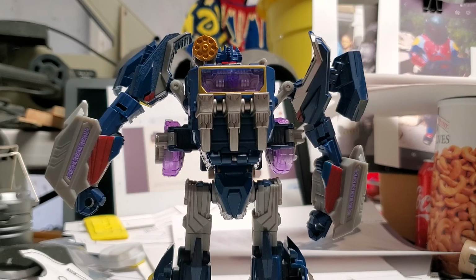Now this show is pretty self-explanatory. I take a look at a sound wave or a series of sound waves on a Sunday once a month, and this is going to be the look at the figures that I have, at least, of the aligned continuity sound waves. And that's about 4 figures, so this should be a pretty good length of video. Obviously I'm not going to do a full review on these guys. I'm just pretty much going to be like, oh, sculpting, articulation, not much fluff, and just doing the transformation and maybe the gimmick that they have with them, or the toy feature. Anyway, this is going to be